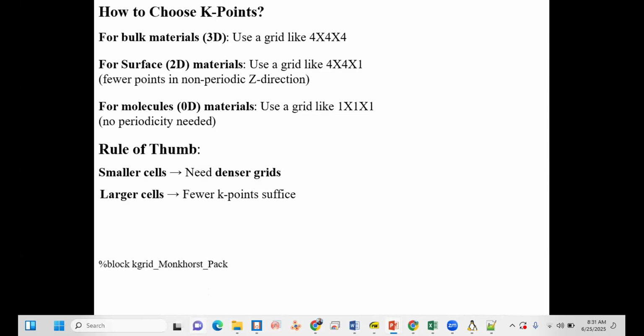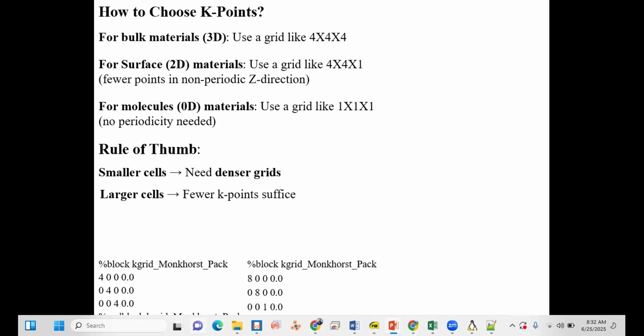After that, the block looks like 4 space 0 space 0. This is along the x-axis, this is along the y-axis, this is along the z-axis, for a bulk material. And there must be one line for the end of the block.